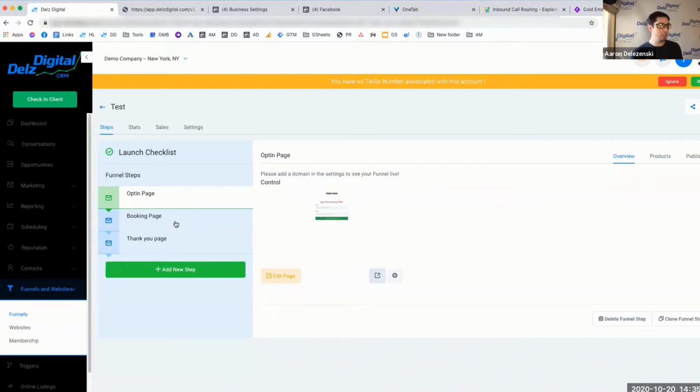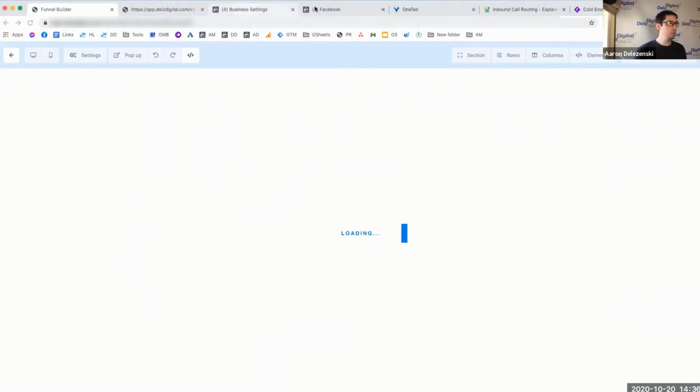But now when they opt in and they land on the booking page, the next thing we need to do is have the event fire. And the way you're going to do that in the opt-in page, when they get to the next page, then they're considered a lead because they submitted their information. So on the booking page, where we're going to install the lead script, you'll come into edit page, and Facebook now,